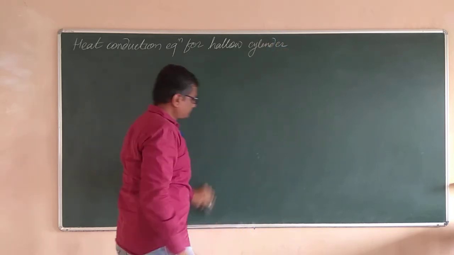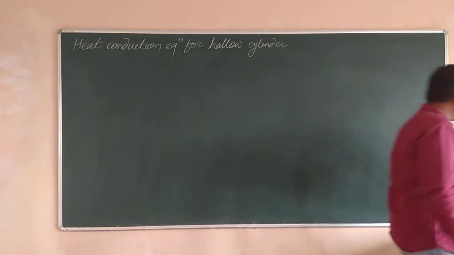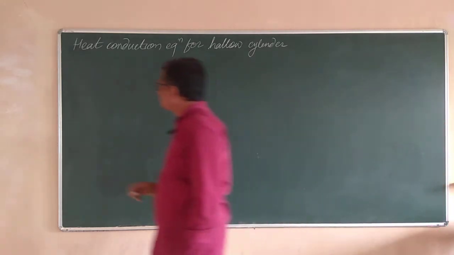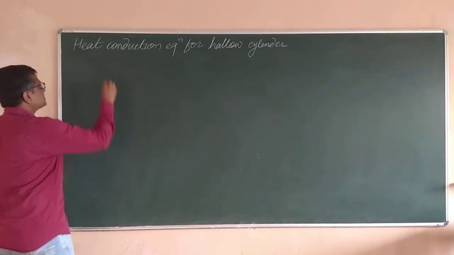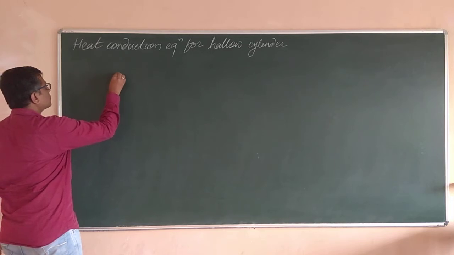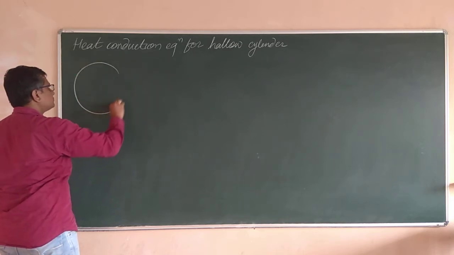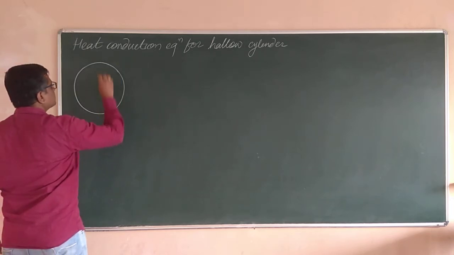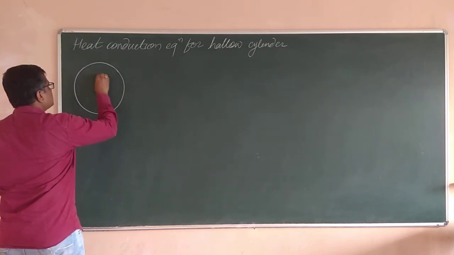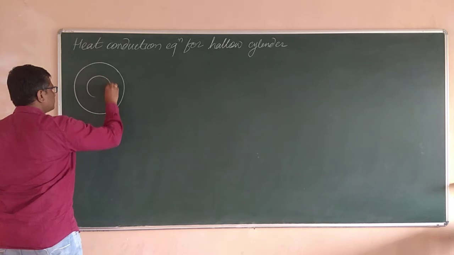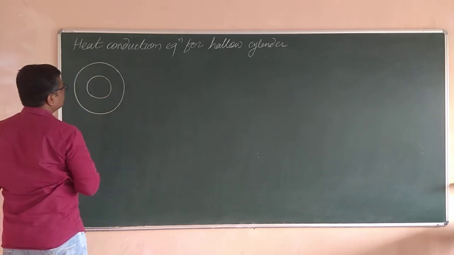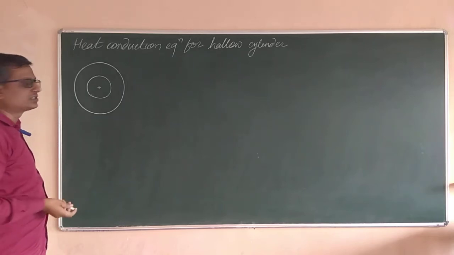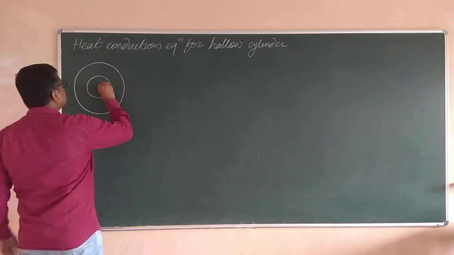Hollow cylinder. So let's talk about that. I would like to take down the cross-sectional area of the cylinder. Let us say this is the cross-sectional area. This is the outer surface of the cylinder, and say this is the inner surface. This is the center point. These two circles are obviously concentric circles with the uniform thickness of the cylinder.